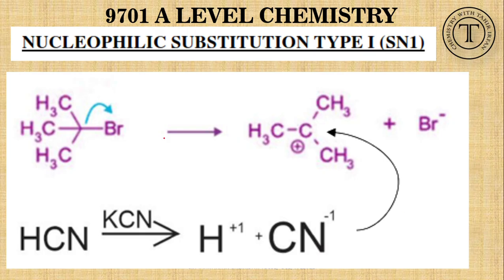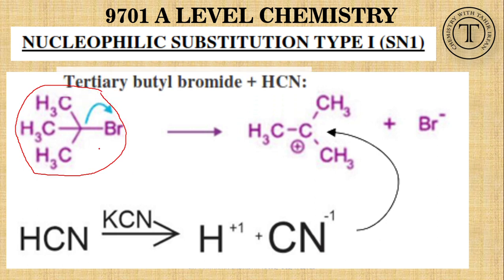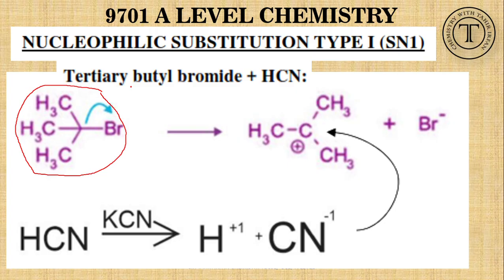In this organic chemical reaction, you can see there is a tertiary alkyl halide, that is actually tertiary butyl bromide. As you can see, a bromine atom is attached to this carbon chain at the tertiary level,